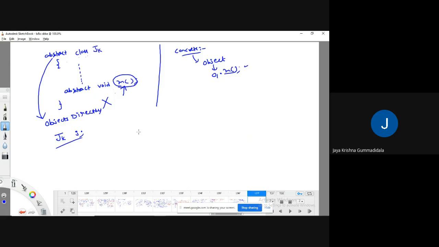There is a method which is an abstract method which is going to perform some operation.